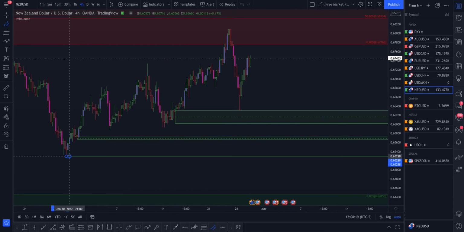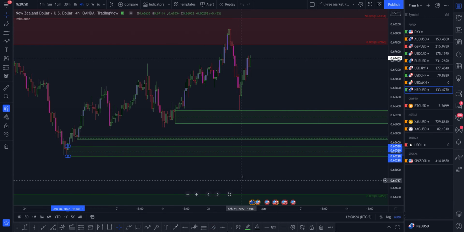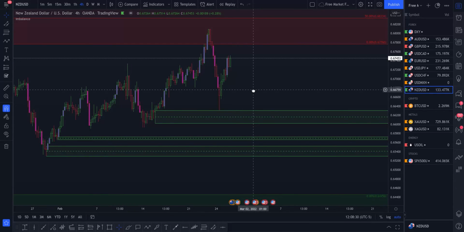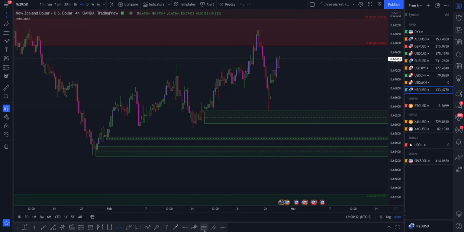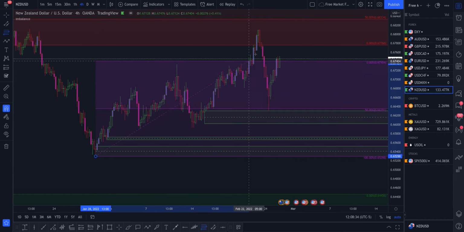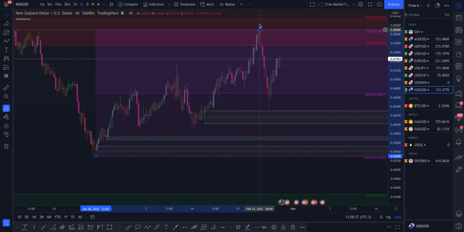Let's do this. Maybe take that. So we can definitely see a reason for the NZD/USD to come down and to push price up. All right, let's just maybe throw on our Fibonacci and find a premium